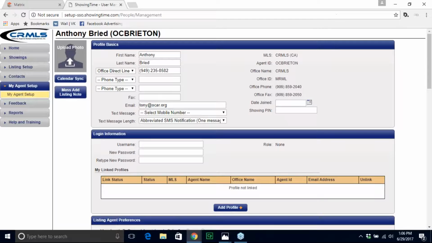At the very top here where it says Profile Basics, we're going to fill in some information. Some of the basic information that we're going to make sure we fill in is our phone number information. If this is your first time accessing ShowingTime, the only 2 bits of information that will appear here are your name and your email address. Those are the only 2 things that are populated immediately. Now, if I type in a phone number,